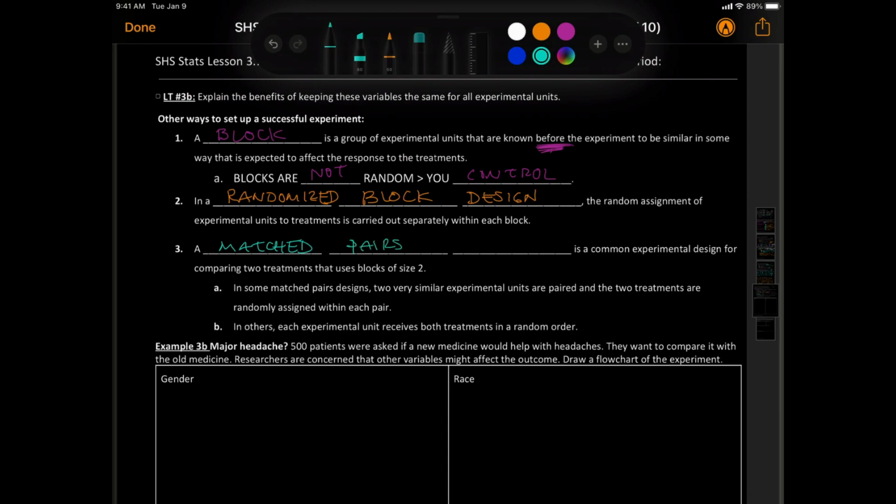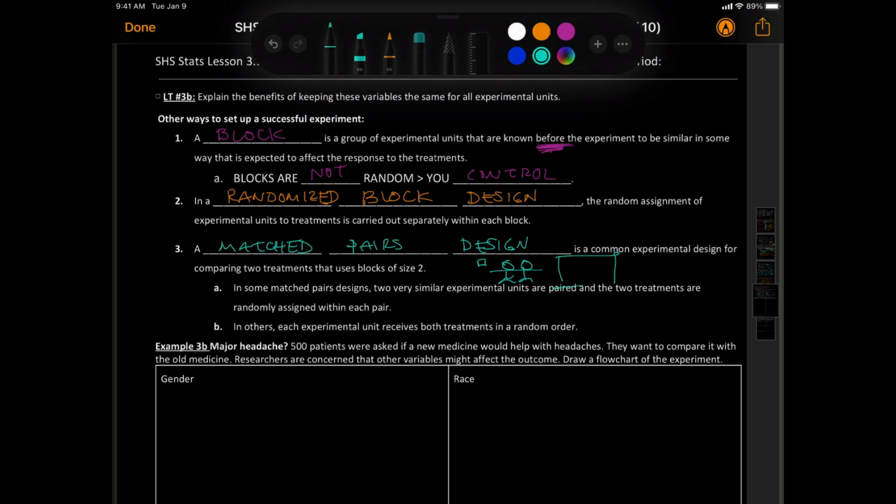Matched pairs design. Just imagine you are twins. Matched pairs design is a common experimental design for comparing two treatments that uses blocks of size 2. In some matched pairs designs, two very similar experimental units are paired and the two treatments are randomly assigned within each pair. So you give one twin